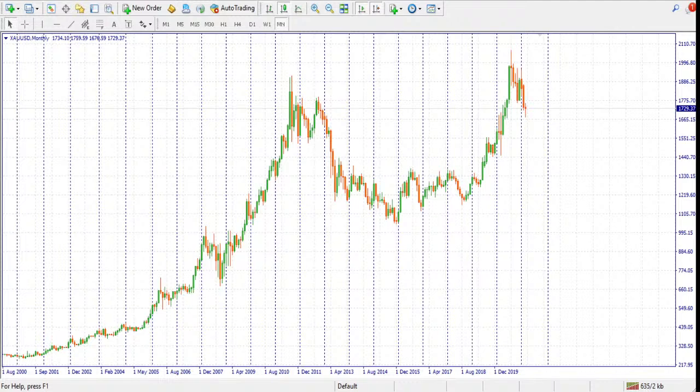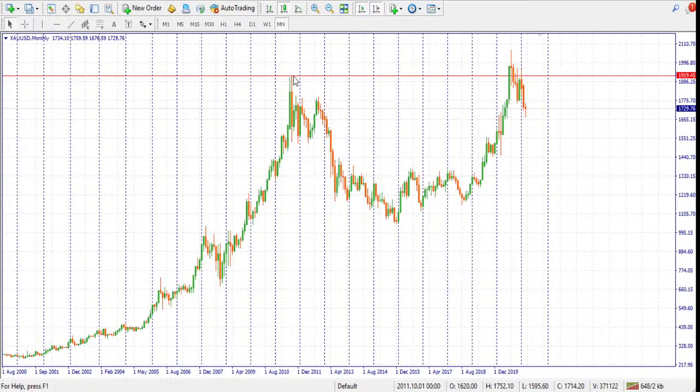All right, whatever that is, this is what I think should be happening. First, I can see that from the year 2000, the price went up, up, up, up, up. It went as high as this level here, 1919.45. Then it pulled back down. This is almost a 50% pullback.